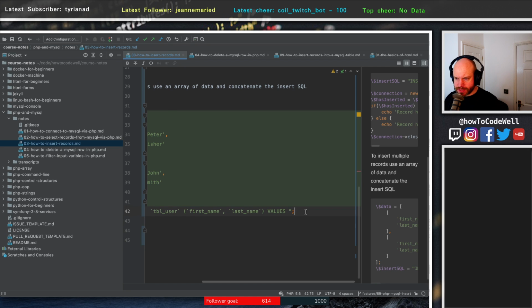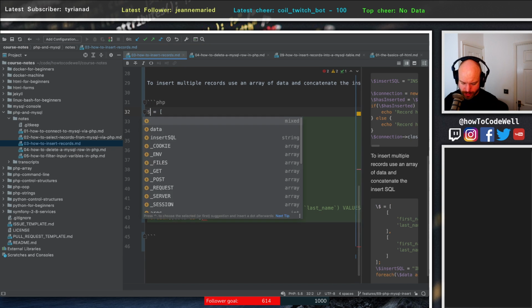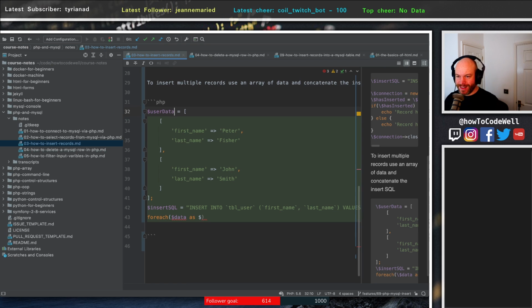So let's put in a space here and then do a foreach of data as user data. Sorry, frog in my throat. Foreach user data as user,